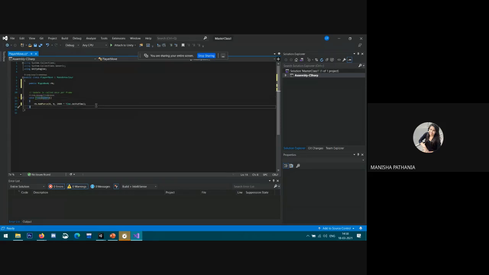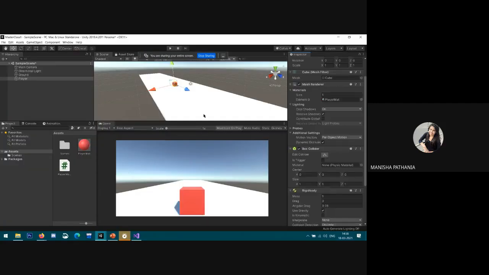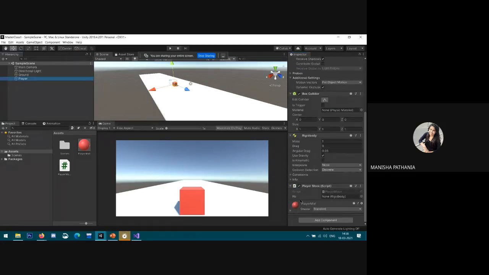So save it and go to the Unity window. You can see in the inspector window there is a public variable that I already made, Rigidbody rb.